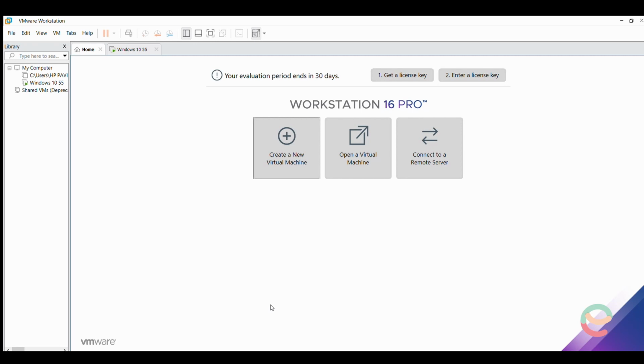Okay, so after installing the app, this is the way you see it, and it also asks for a license key. You need to say you don't have a license key, so it will give you a 30-day trial. When that's done, you need to go right here so you can create a new virtual machine. You could watch other videos, but to make this video brief as much as possible, I'm going to go ahead and I created a new virtual machine.